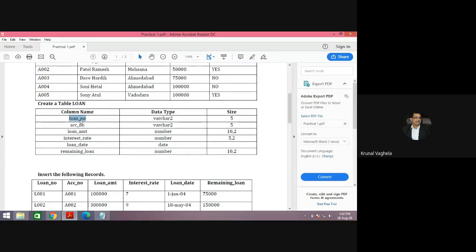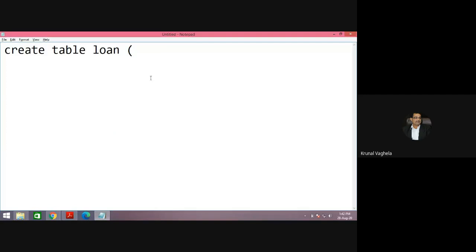The first column is loan number, data type is Varchar2 and size is 5. Second one is account underscore number, data type is Varchar2, size is 5.